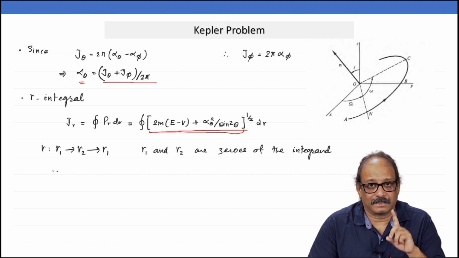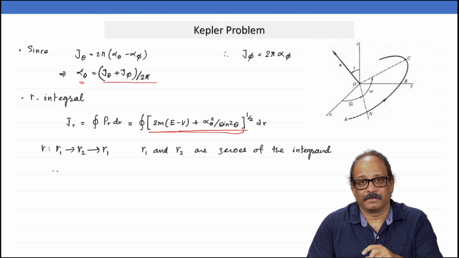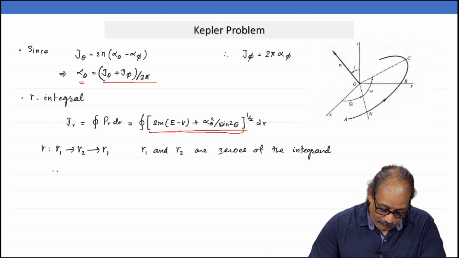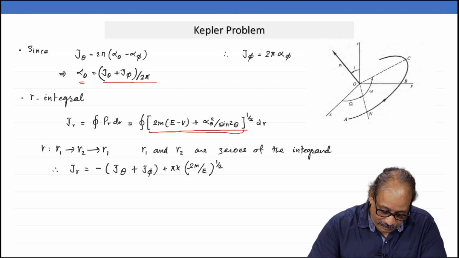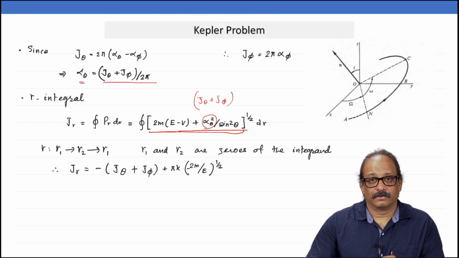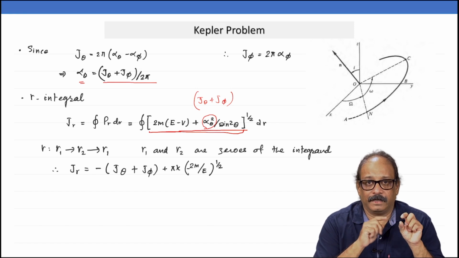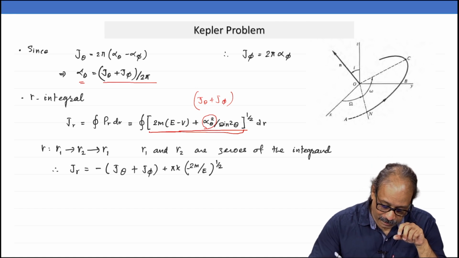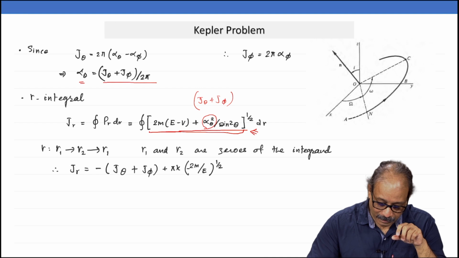Remember, the sign of PR is different in different sections. When you go from R1 to R2, PR is positive. When you come back, PR will be negative. Now, look at what will happen to this. In this case, the alpha theta here is nothing but the sum of j theta plus j phi. So, what will happen is this, your Hamiltonian is energy E. When I complete this integral here, which I have written here,